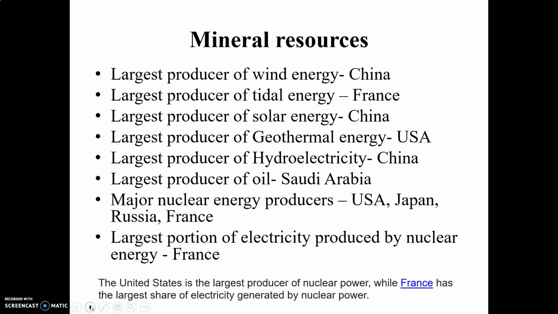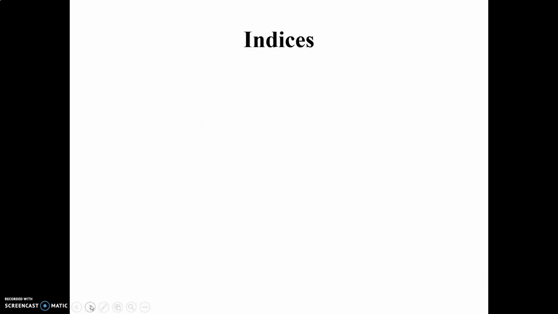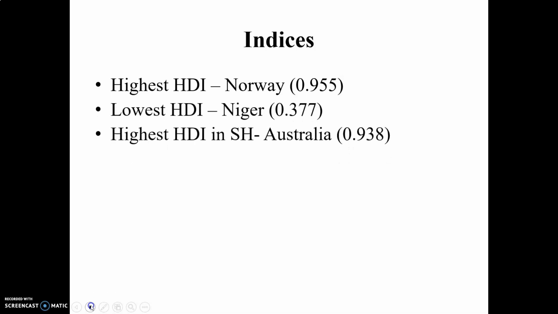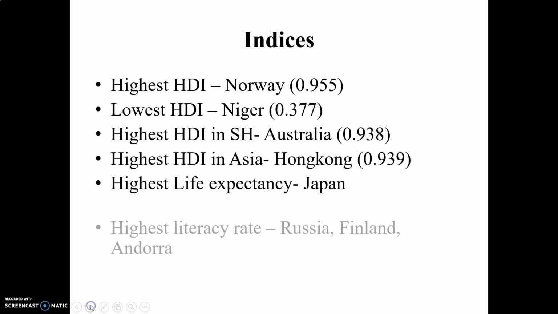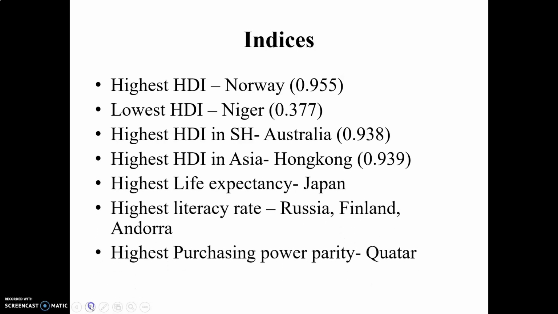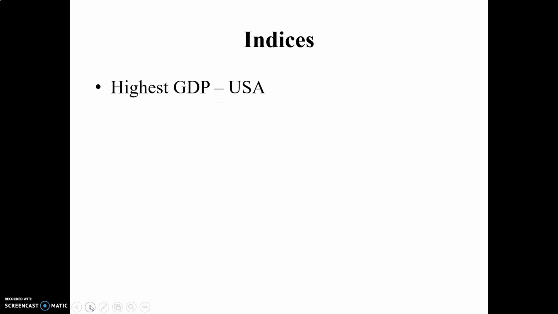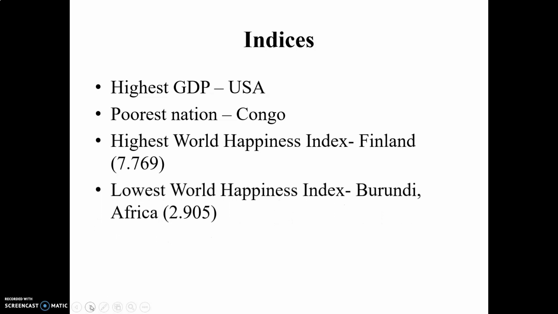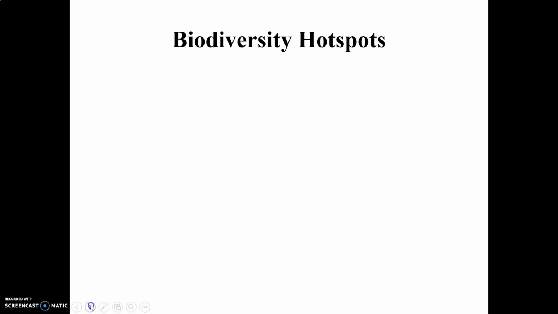If you see, all your textbooks, all publications have some or the other type of question bank, or these types of questions written on the back of their textbooks. So if you collect all the information from all the textbooks, you will get all this information. Country having highest human development index, lowest human development index, highest world happiness index, highest life expectancy, highest literacy rate, purchasing power parity. All these types of questions are based on your unit number 3, population. Such kind of questions can be asked in your MCQs.